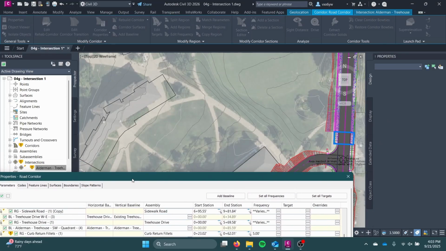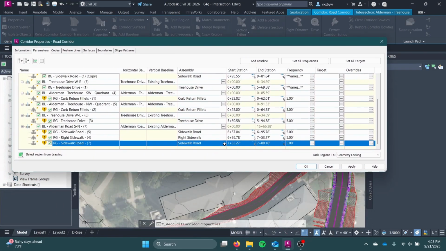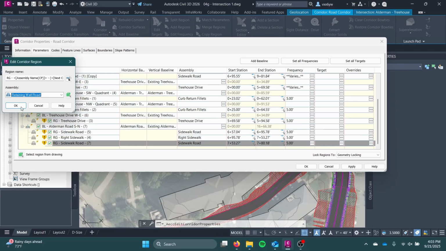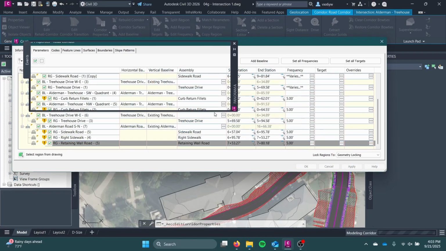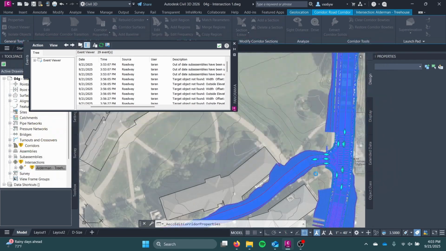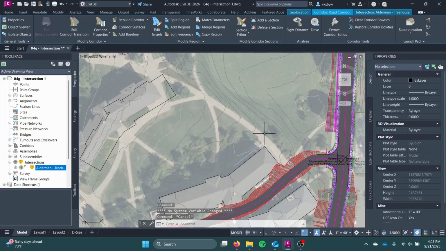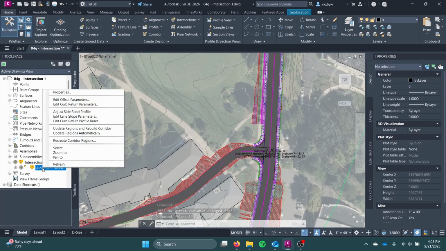If I wanted to, I guess I could also make this part of the retaining wall. Maybe I can do that. Just see what that looks like. And now when I hit apply, everything will update and rebuild. It looks like something still might be out of date here, so I'm just gonna update the region and rebuild